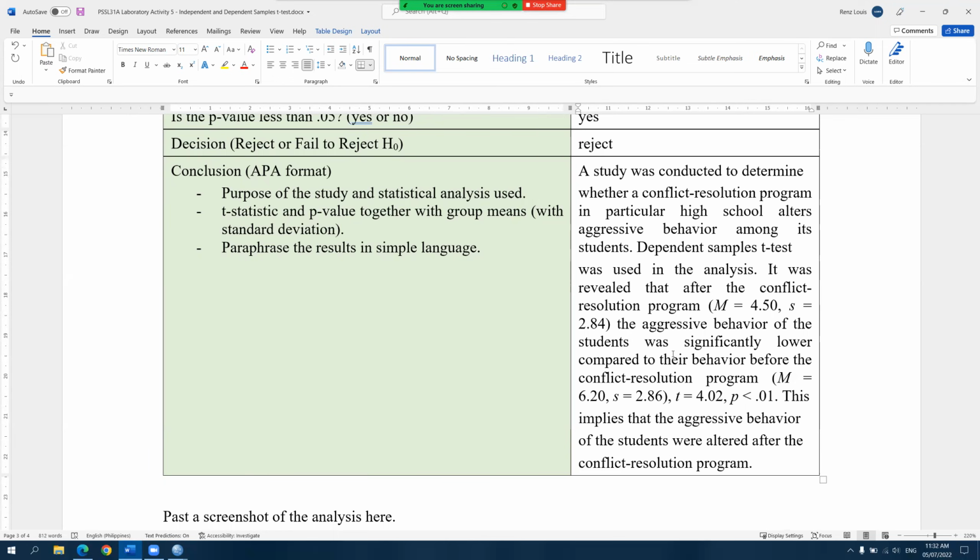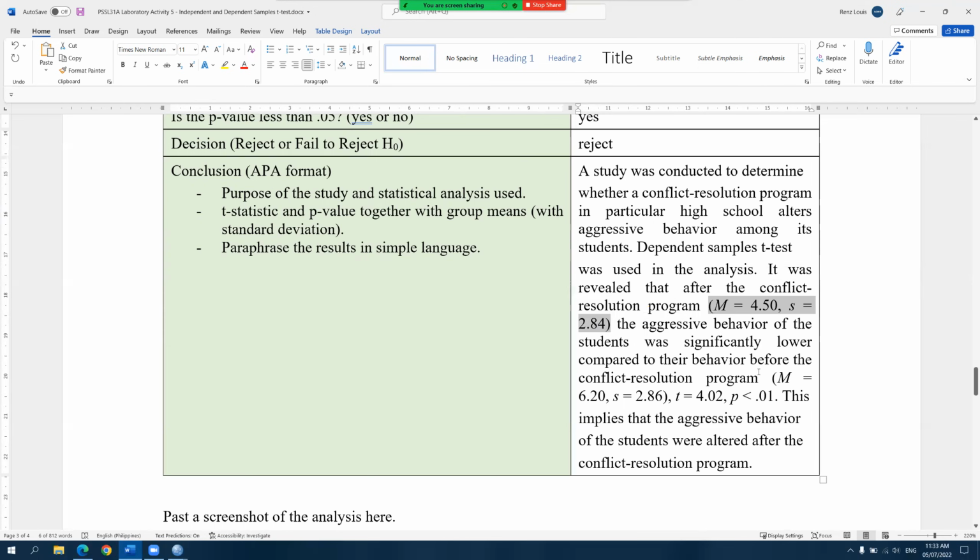And I've noticed that right after mentioning the condition or the time that they're talking about, for example, after they mentioned the conflict resolution program, they right then and there stated the mean and the standard deviation for time 2.